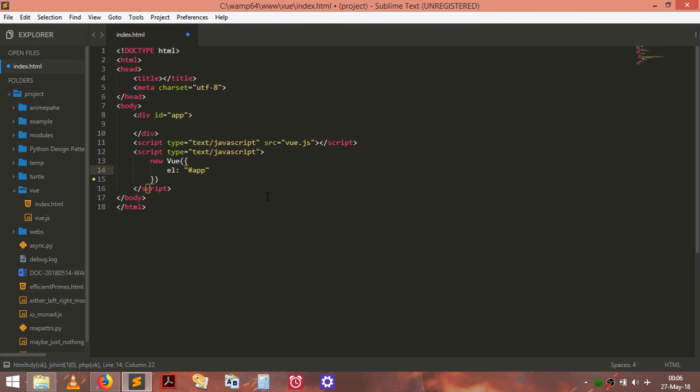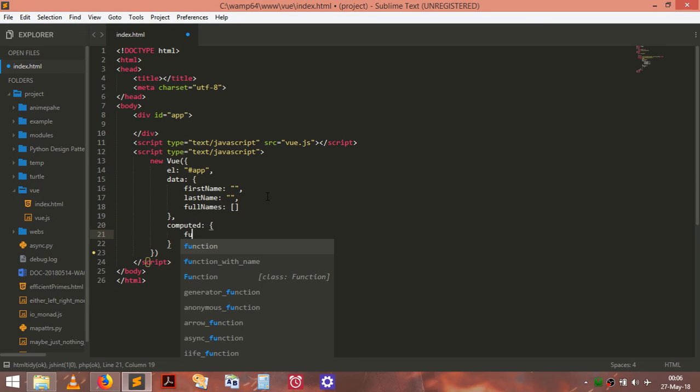Target the div element with an ID of app. My data will simply consist of a first name that's an empty string, a last name that's also an empty string, and an array of full names, which is just the combination of first name, last name values. And then I'll have a computed property that's simply called,